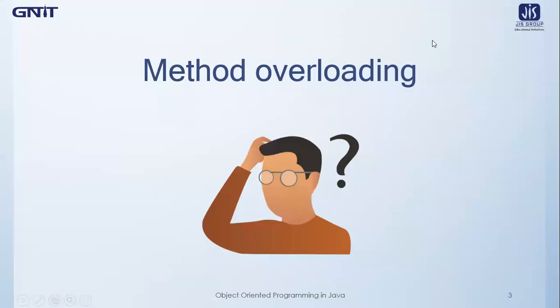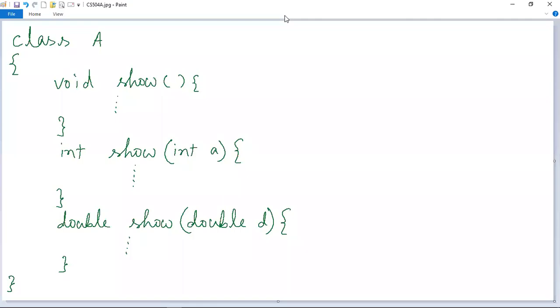Let us take a simple example to better understand this concept. Here in this program, I have written the syntax only. I have not written the full code. Obviously, the main method is there. Here you can see that a single method is taken, which is show. Show is the name of the method. But here, this show method is being used 3 times in this program within the same class A. The class name I have given is A, and this show method has been used 3 times in 3 different situations inside this class A.